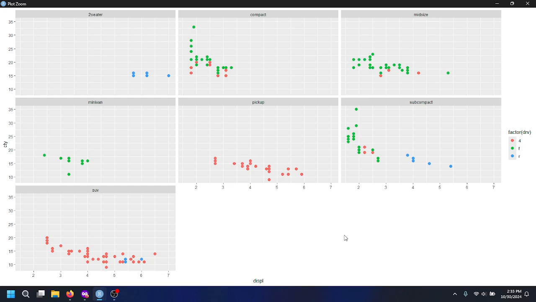And so that's something interesting for us to notice, but it also shows the relationship here, and it doesn't really look super clear for some of the variables, but it looks clearer for others. Like for pickups, it looks pretty clear. For subcompacts, it looks pretty clear. For SUVs, it looks roughly linear. And so it lets us visually